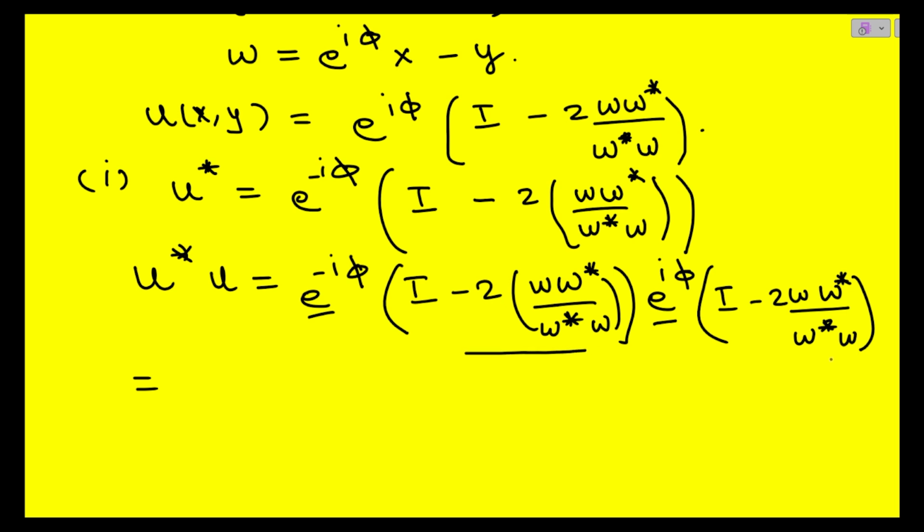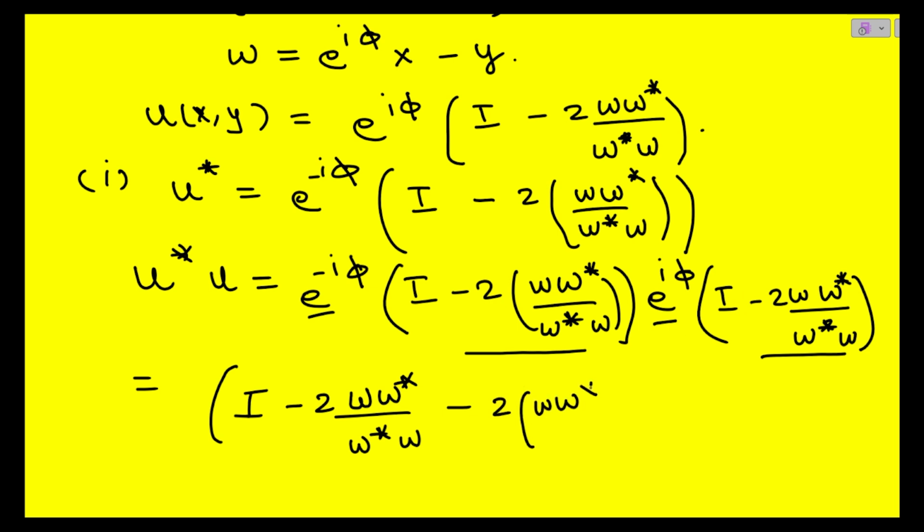What's left behind is this matrix and this matrix, which when you multiply, I times I is identity. I times this term will become minus 2 w w star divided by w star w. And then this term multiplied by the identity will become minus 2 w w star divided by w star w. And when you multiply these two terms, it will be 4 times